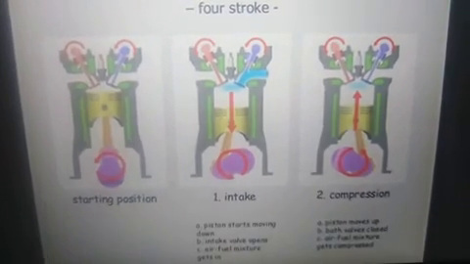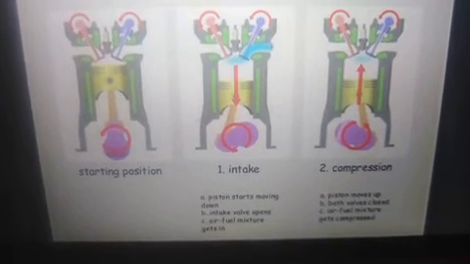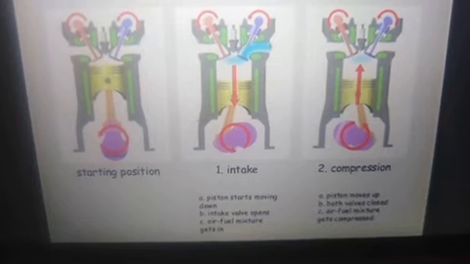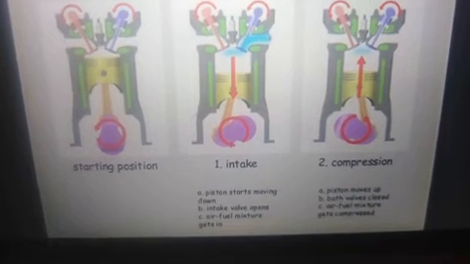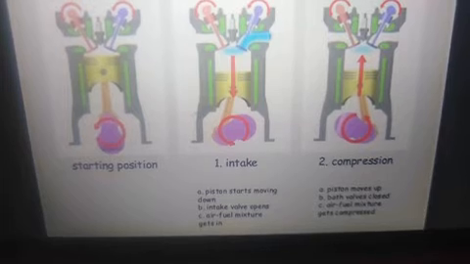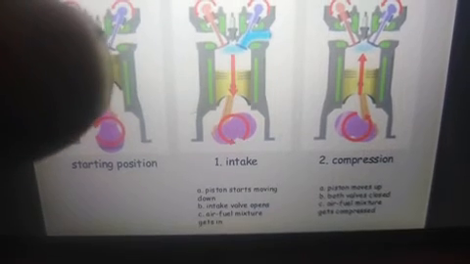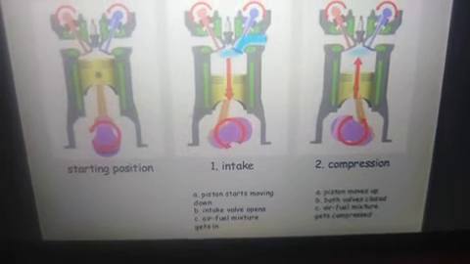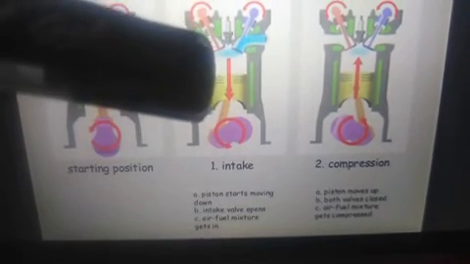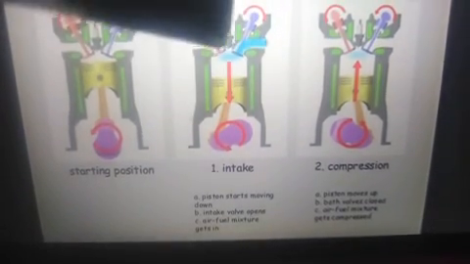Okay, now what is the first stroke of that engine? That is the intake stroke. Okay, that is also called the suction stroke. In the suction stroke, the piston moves from top dead center to bottom dead center. That is, the movement of the piston is from upward to the lower. During this, a vacuum is created in the combustion chamber, and due to this vacuum, the inlet valve gets open due to the rotation of the cam.